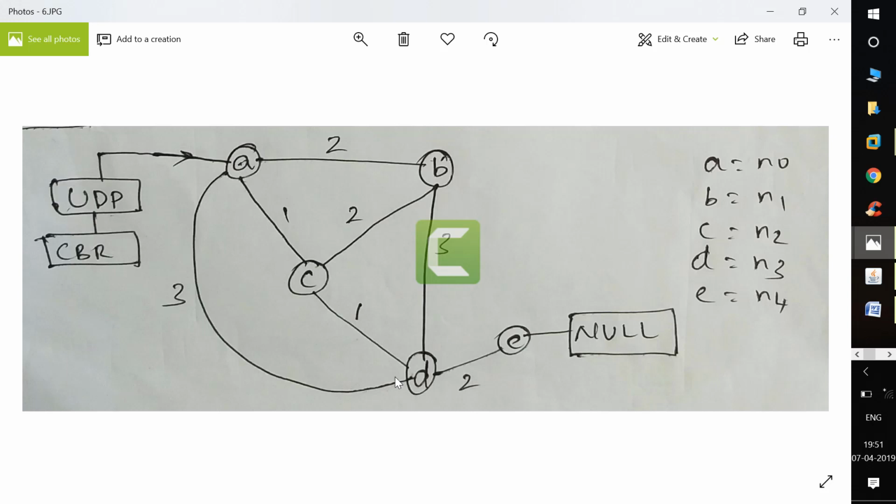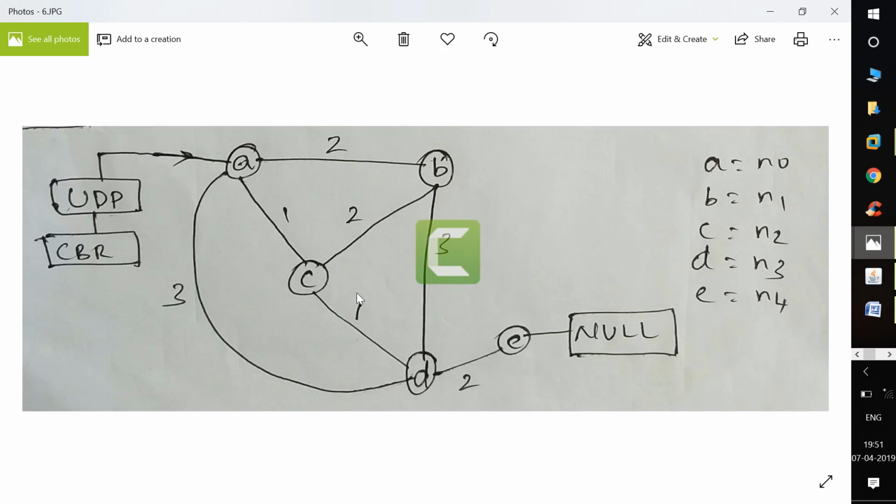There are multiple paths from source to destination. You can see the packet can move from A to B, B to D, D to E, or A to C, C to B, B to D, D to E, or A directly to D and E. Multiple paths are there, but this link state algorithm will calculate the total cost of the links and find the path having the lowest cost.